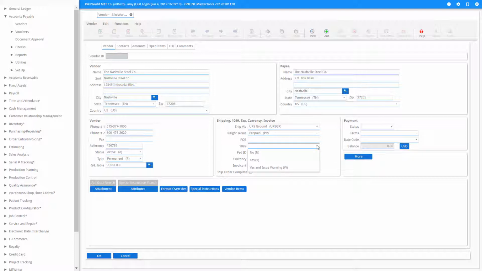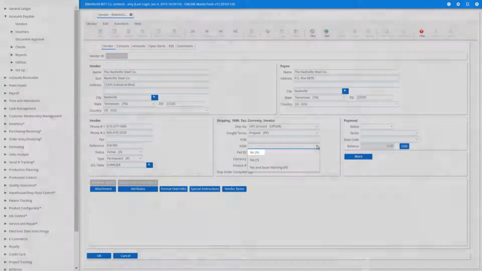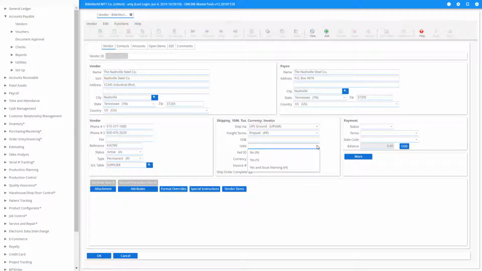If you will not be issuing a 1099 for this vendor, set 1099 to no. The value of this 1099 status defaults into vouchers entered for this vendor. Vouchers are what MasterTools calls vendor invoices or bills. On each voucher, you can change the 1099 status depending on whether the voucher should be included in the 1099